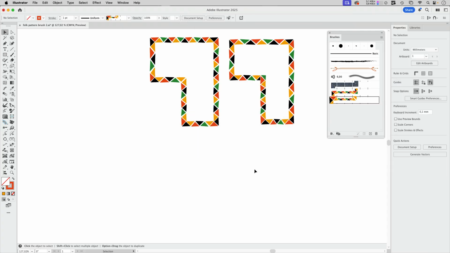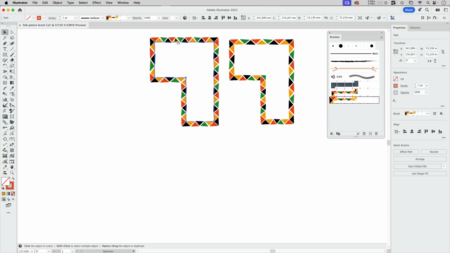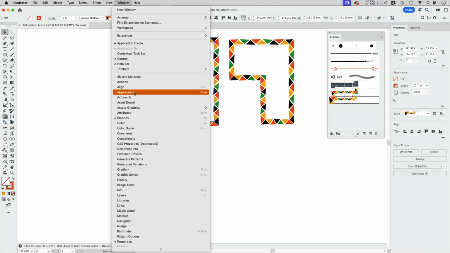In order to check out how to do it, I'm going to show a method using paid plugins from Astute Graphics and another method that requires scripts. Those scripts are free and there are a couple of them, but they require first expanding the appearance. So every one of these solutions has a downside. Let's go to the plugin first because it will teach us that we need to change something in the brush itself first. So I'm going to use this, and in order to apply random colorization, we're going to the appearance